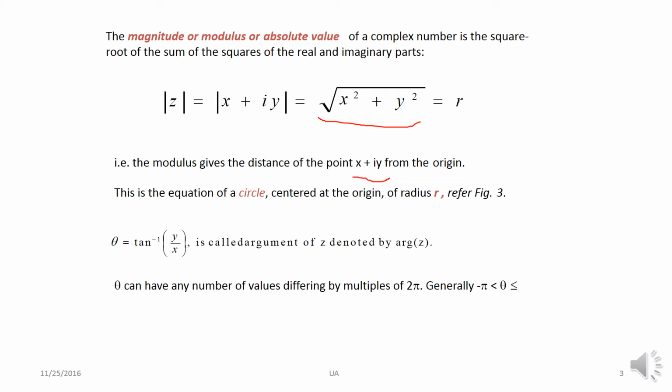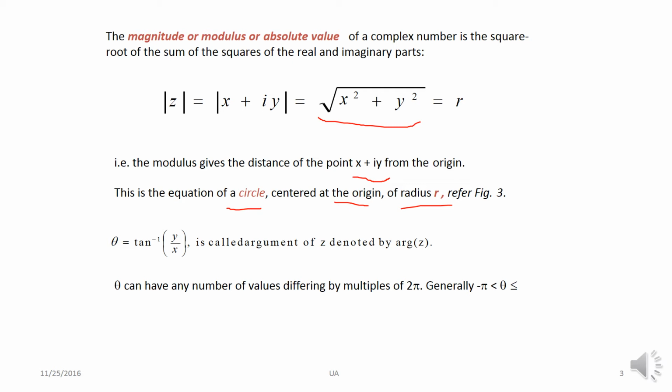Otherwise also, you can see from the figure that the perpendicular from that point to the x-axis gives the distance x, and the perpendicular from the point to the y-axis gives us y. It's a right angle triangle, so under root x square plus y square gives us r. This is the equation of a circle centered at the origin of radius r. So we can see that in figure 3,